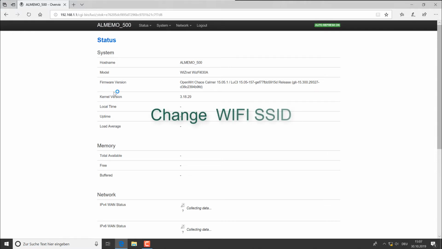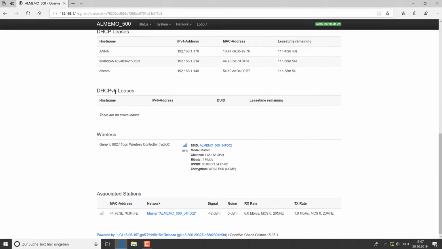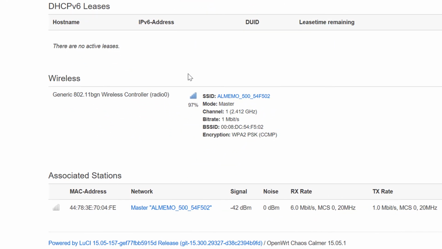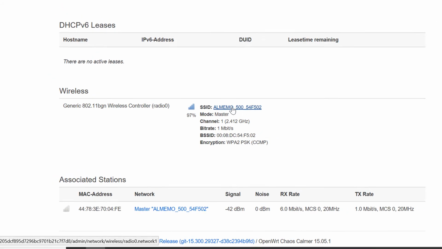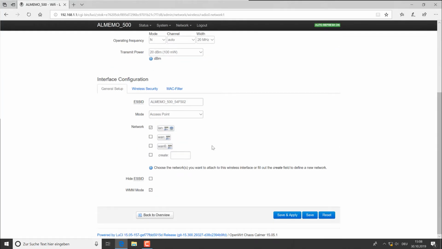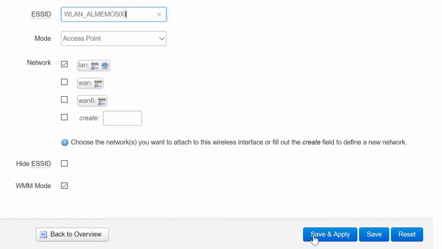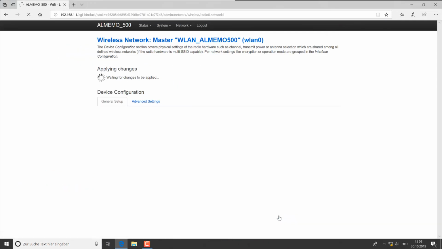Now let's change the Wi-Fi SSID. We scroll down the configuration page to the section Wireless. We click on the previous Wi-Fi SSID, which is shown in blue. On the newly loaded page, we scroll down to the section Interface Configuration. In the tab General Setup, we enter the new Wi-Fi SSID in the field ESSID. As soon as we click on Save and Apply, the Wi-Fi SSID is changed and all connections to this access